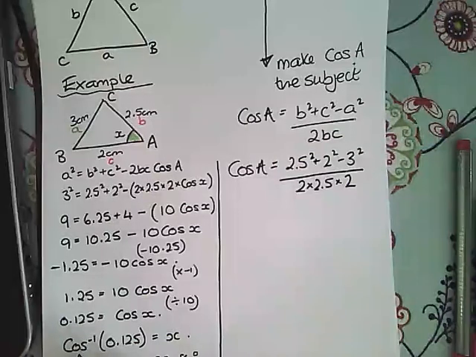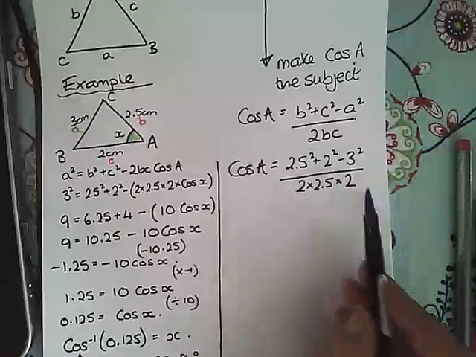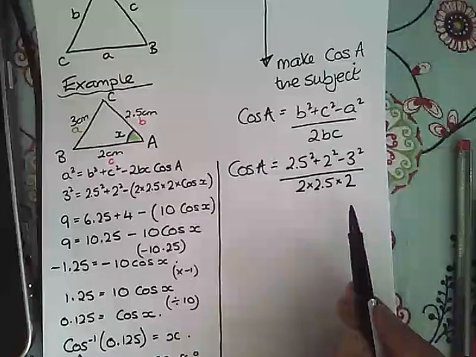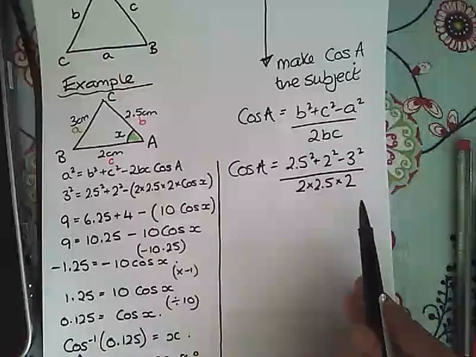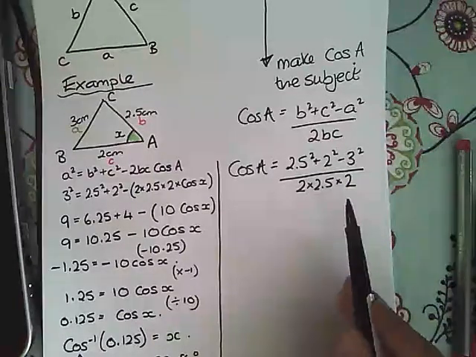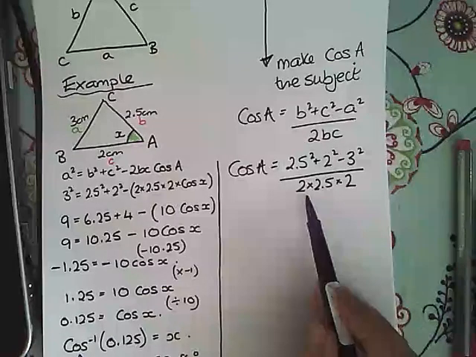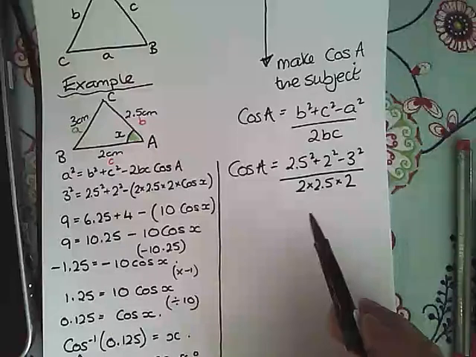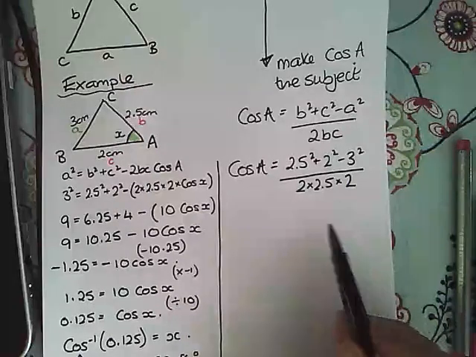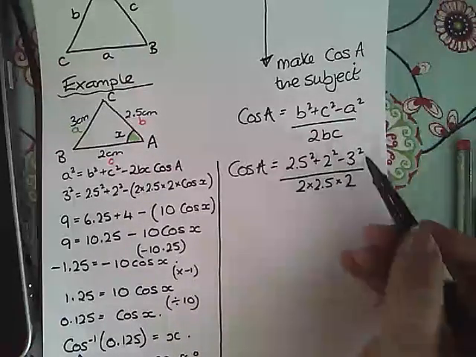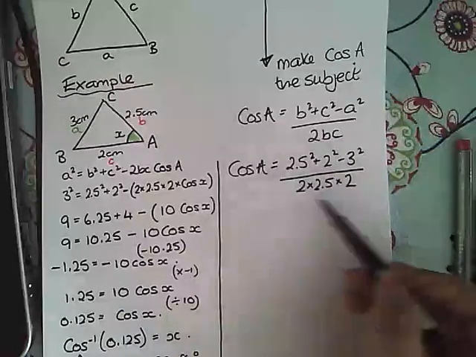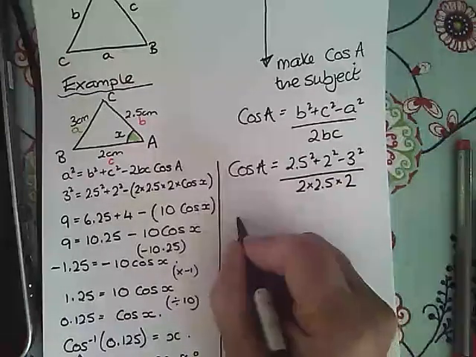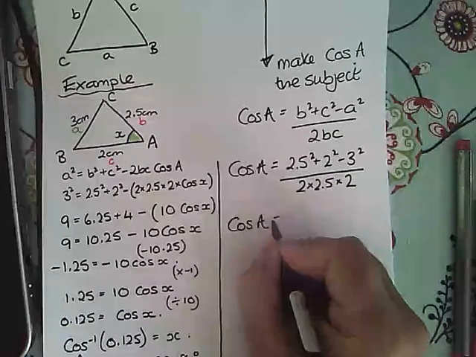And again, do not work this out on the first run through of the formula, because the first mark is for correctly substituting the values in. So even though this is a pretty straightforward multiplication to do, you still need to write down in full before you do any calculation. All of this, if we put it into our calculator, would mean that cos A is equal to